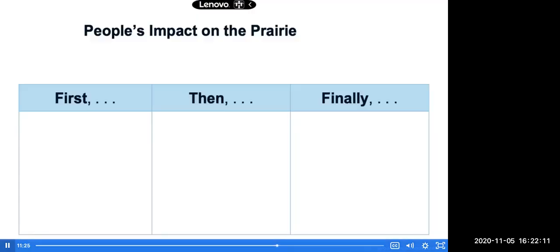Please pull out the following cards: the American Indians, the settlers, and President Theodore Roosevelt. Pause here to do that, and then just hit play when you're ready to continue. We're just going to keep going because I already have them pulled out.